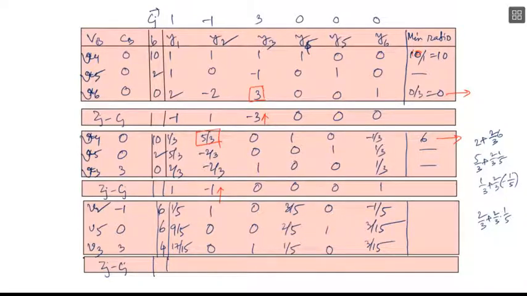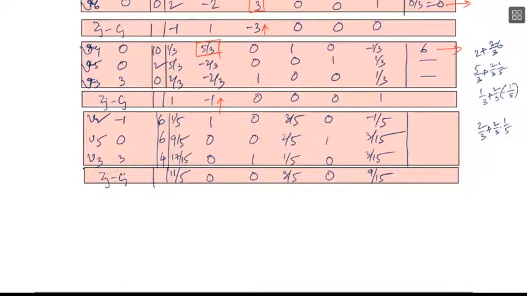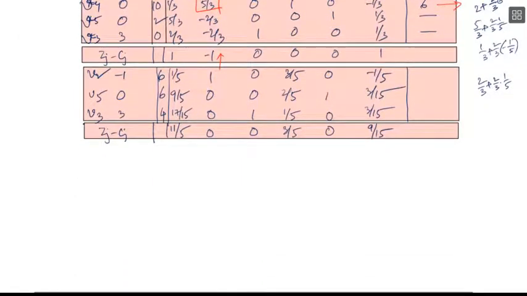It is 17 by 5 minus 1 by 5, so 16 by 5 minus 1, it is 11 by 5. It is 0, it is 0. It is 3 by 5, it is 0, and it is 9 by 15. That is, all the Zj minus Cj's are non-negative now. That is, we have reached the optimality condition, and the optimal solution is given by